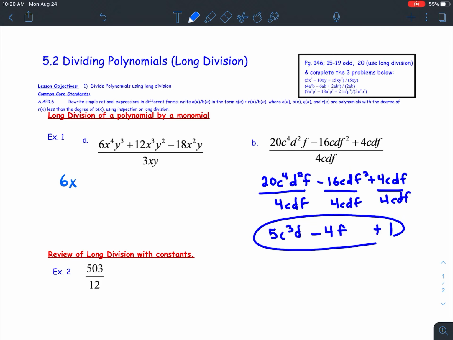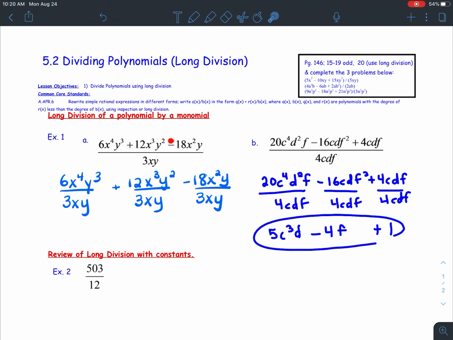Okay. Now what you're going to do for these problems, I think the easiest way to do this is you're going to take each of the terms that you have in your numerator and you're going to write those out separately as if each of those terms become the numerator of their own personal fraction. And then you're going to take the denominator, in this case the 3xy, and you're going to put a 3xy underneath each of those terms in the numerator, kind of creating three individual fractions. And you'll notice that there was a subtraction sign here, so I carried that down as subtraction in front of